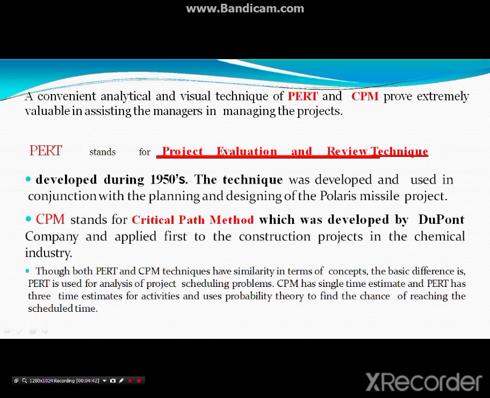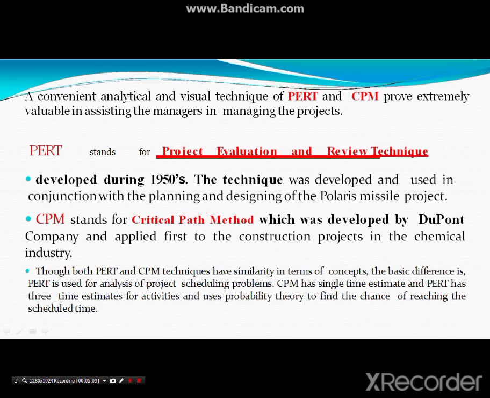What is the full form of PERT? PERT is Project Evaluation and Review Technique, which was developed in the 1950s during the war. Also, the technique was used in conjunction with planning and designing of the Polaris missile project. What is CPM? CPM stands for Critical Path Method, which was developed by the DuPont company and applied first to a construction